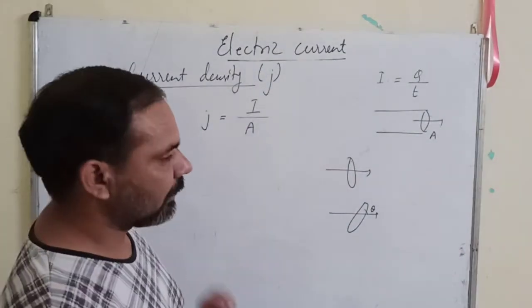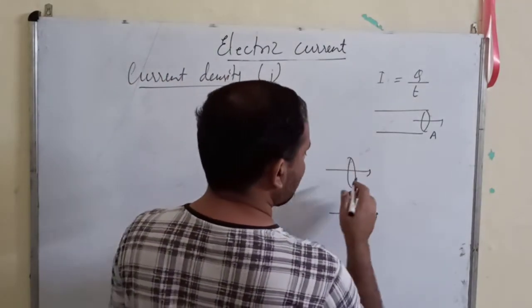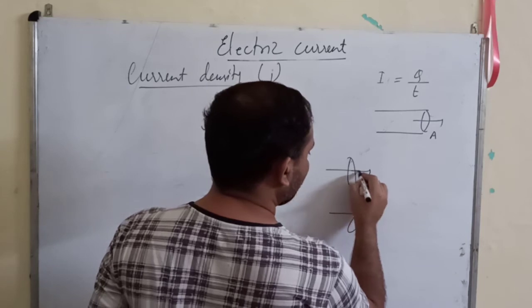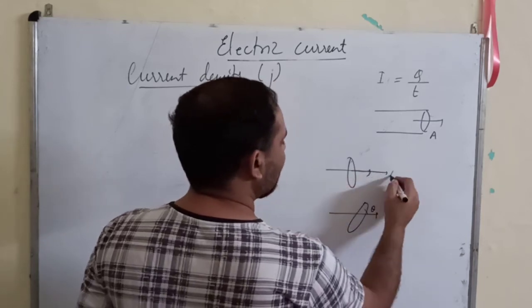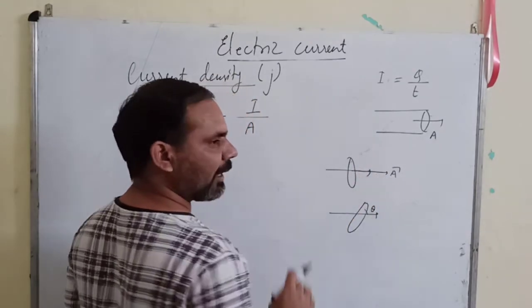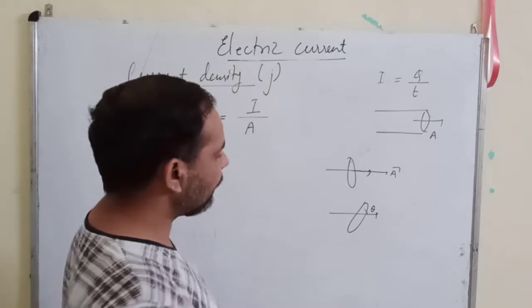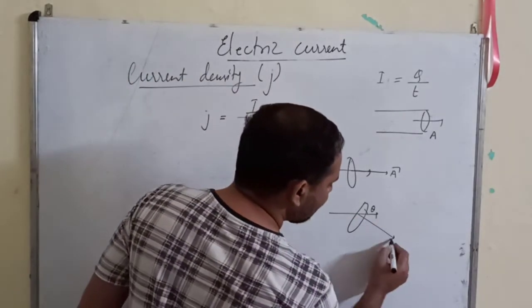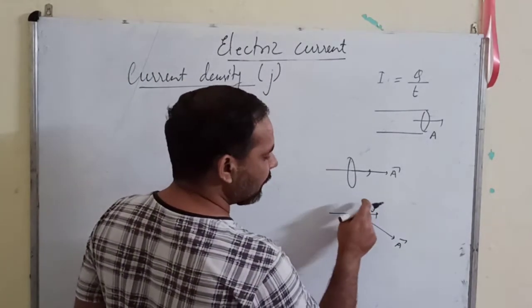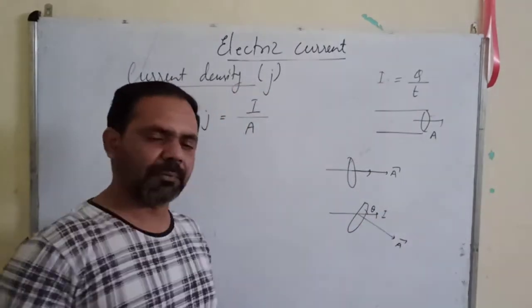Okay, we discussed in Gauss law that, suppose this is the cross sectional area, what will be the direction of the area vector? Area vector is always perpendicular to the area and outwards. So here the area vector is along the direction of the flow of current or flow of the charges, but here the area vector will be in this direction, perpendicular to the area and outwards, and current is flowing in this direction. This is the direction of current.